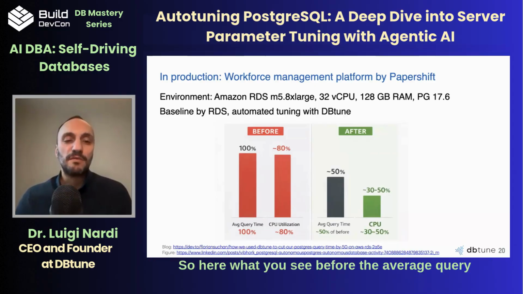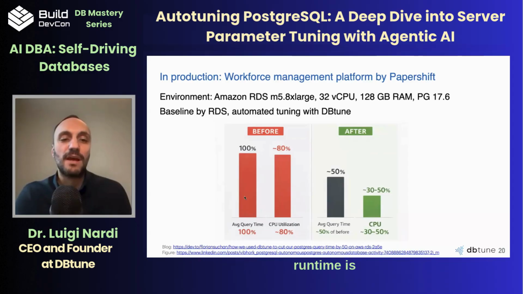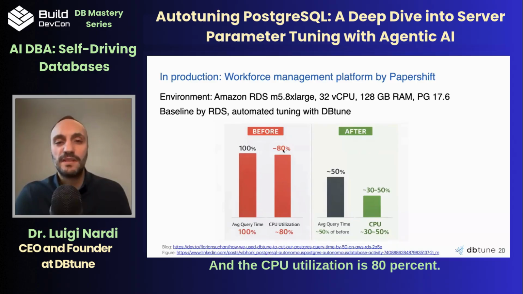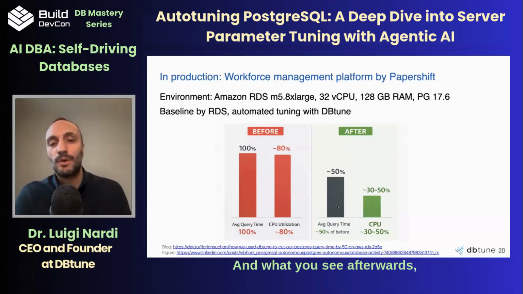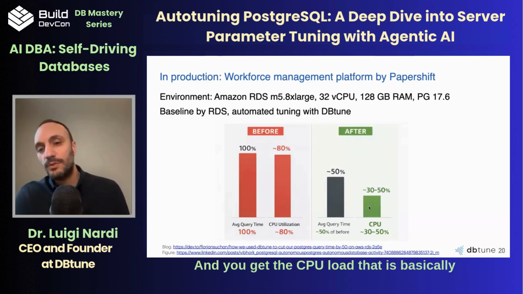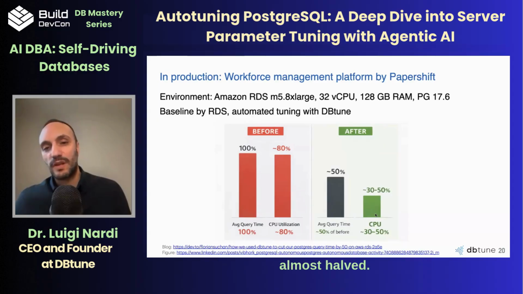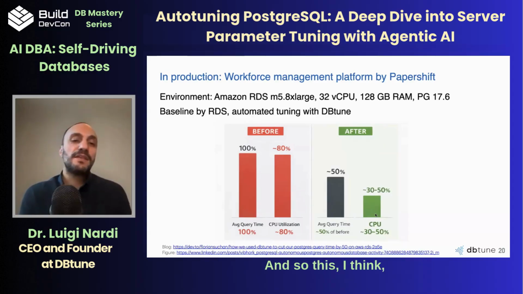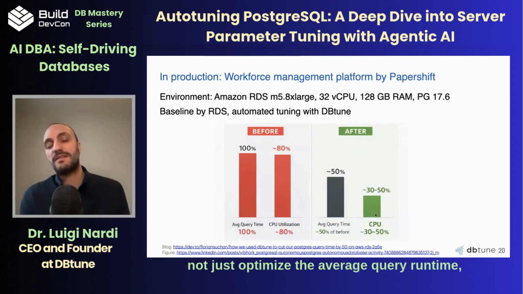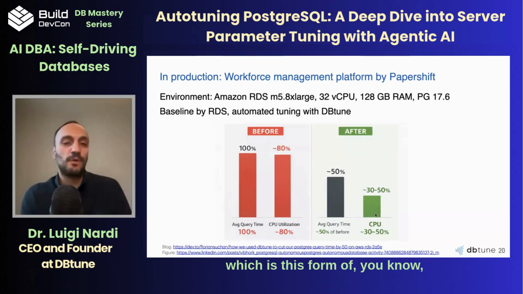So here, what you see before, the average query runtime is 100%, and the CPU utilization is 80%. And what you see afterwards, you get 50% in terms of average query runtime, and you get the CPU load that is basically almost halved. And so that's, I think, really interesting because the agent was able to not just optimize the average query runtime,